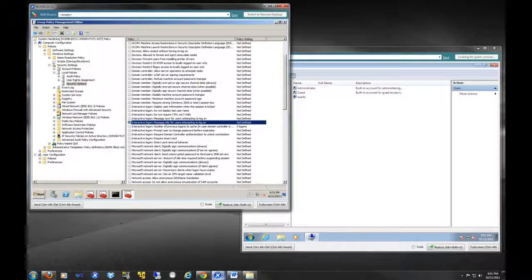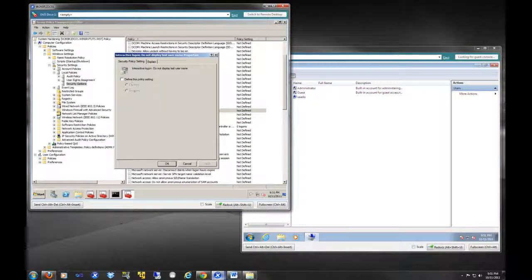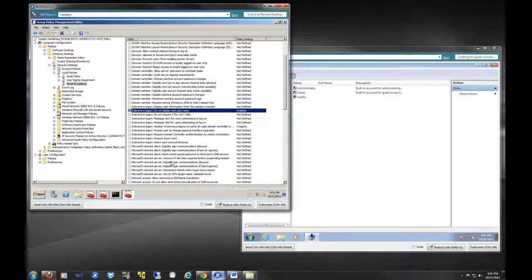What we're going to do here too is to prevent shoulder surfing, where maybe somebody would walk behind an employee and try to get their username. Maybe a delivery man is posing to be in your network and he's trying to harvest usernames. So we're going to say do not display last username, and we are going to select this and enable it. Going to hit apply, and then we're going to use network